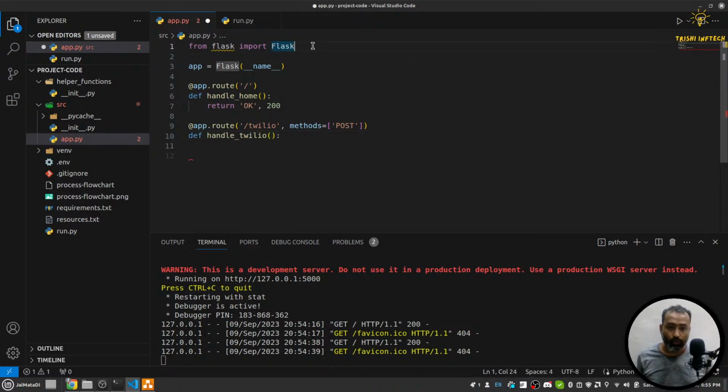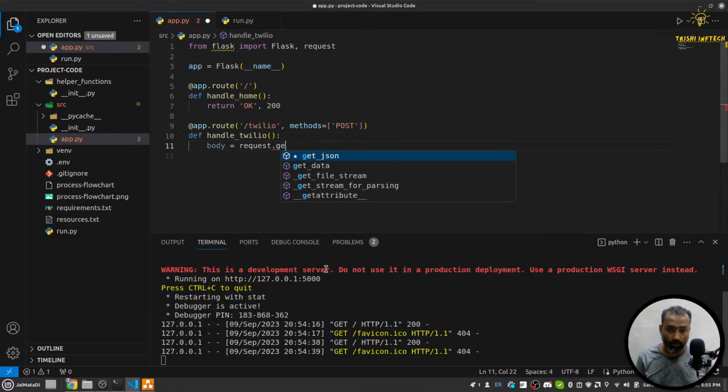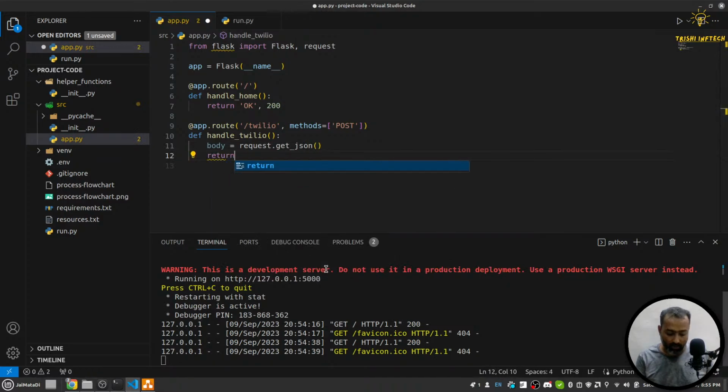In order to receive the request we need to import request, and my request body will be request.get_json, and I'll return at this point OK and 200. So now if I save this,